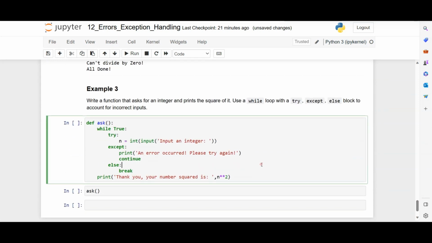Then this is also another example. We are defining a function. The task over here is to write a function which asks for an integer and prints the square of it, using the while loop, try, except clause blocks. So defining a method ask, then using a while loop, while the condition is true, we'll take an integer from the user, and then this message is displayed: an error occurred, please try again, then continuing. Else, that means if the user has entered a valid integer, then control comes to the else block